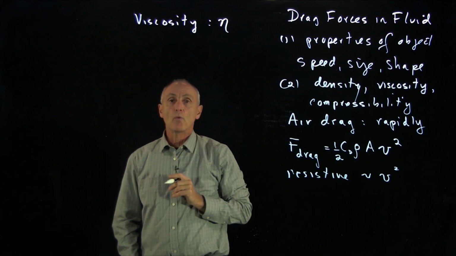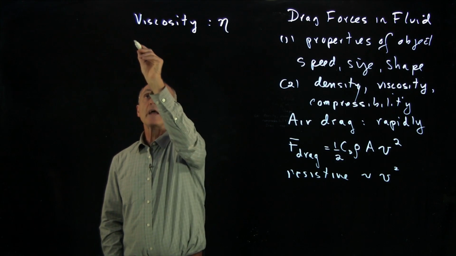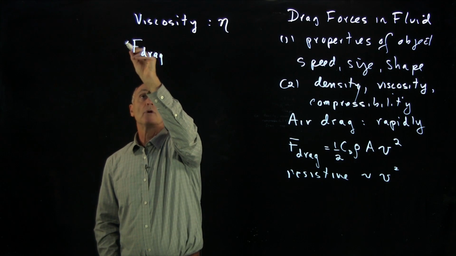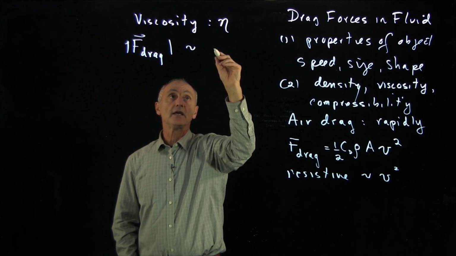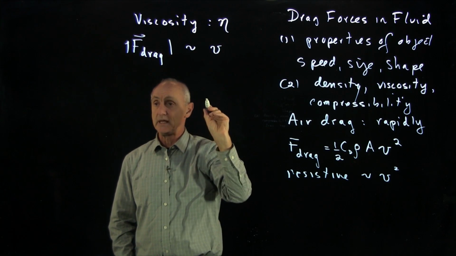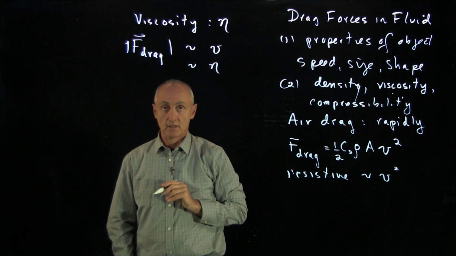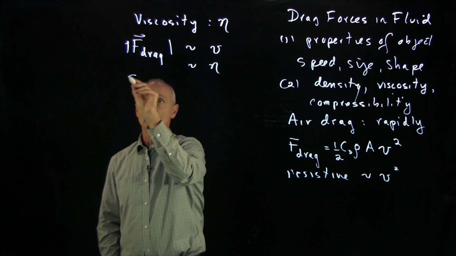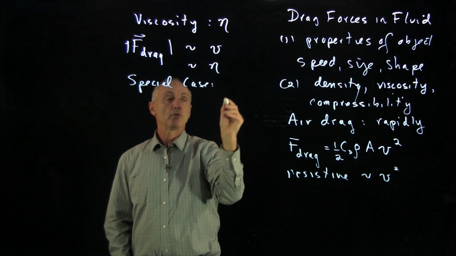Now, when we drop an object in a fluid, the drag force in magnitude will be proportional to the viscosity and proportional to the speed. And now, for very special cases, so for the special case, which is a sphere